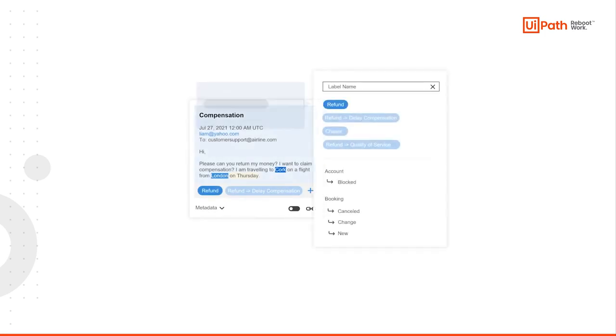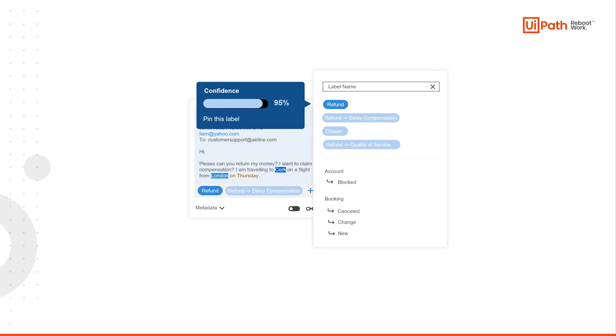Next, we use a variety of training modes to build out the training data for our model. Here, we're teaching the platform to confidently identify these labels and entities across the breadth of our data. These training modes are designed to maximize the impact of training actions and minimize the time spent training. Meanwhile, the platform's zero-code interface means that a model trainer can be any business user working in the communication channel. No data scientists or engineers required.